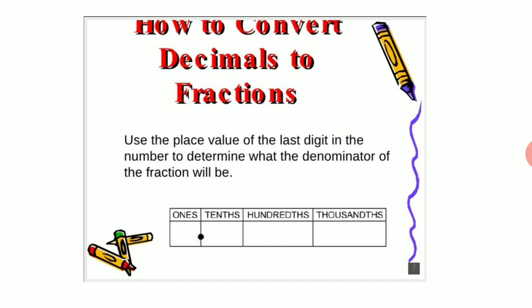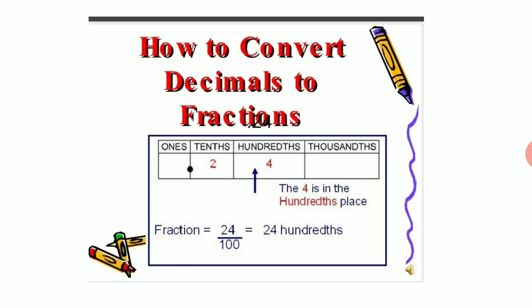So when we need to change decimals to fraction, children, what we need to do is we need to know the place value chart of decimals. So in decimal place value chart, children, after ones you have the tenths place, that is 1 by 10, the hundredths place, that is 1 by 100, and the thousandths place, that is 1 by 1000.